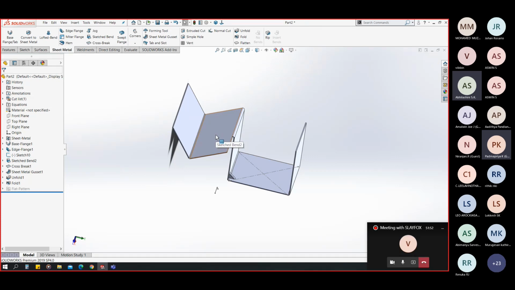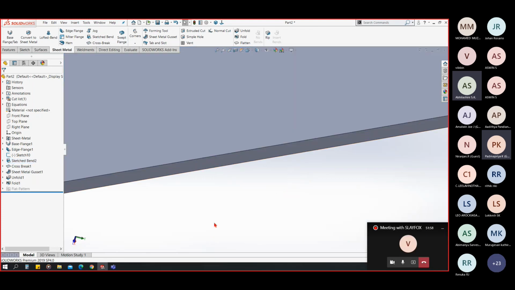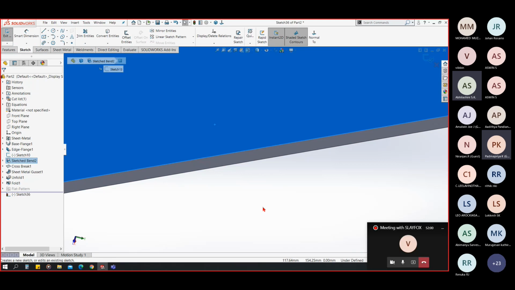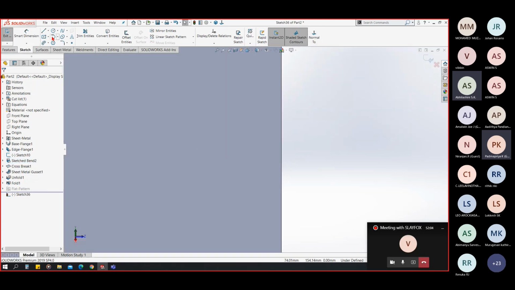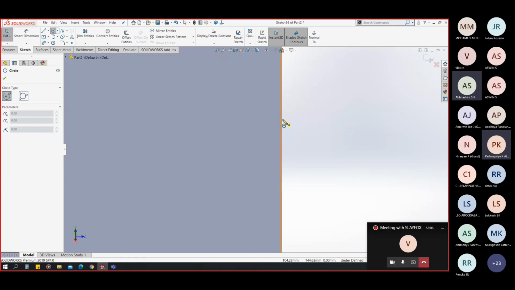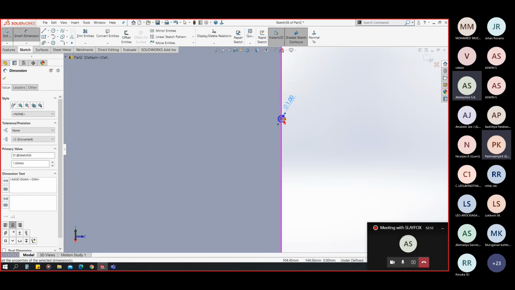Let's say I want to notch this edge by 1 millimeter. So I'll make a sketch on this face. Give it a 1 millimeter dimension.